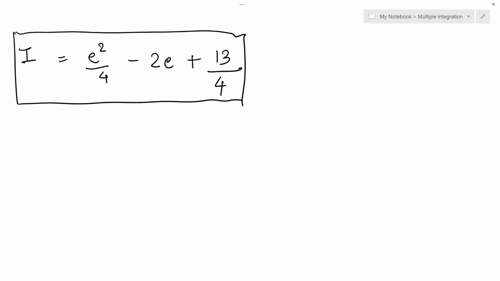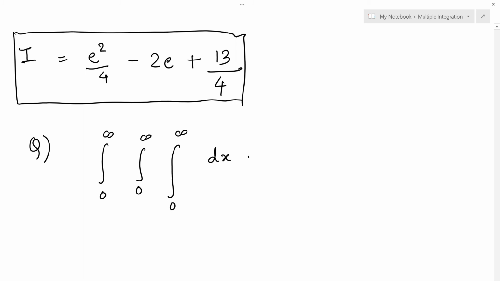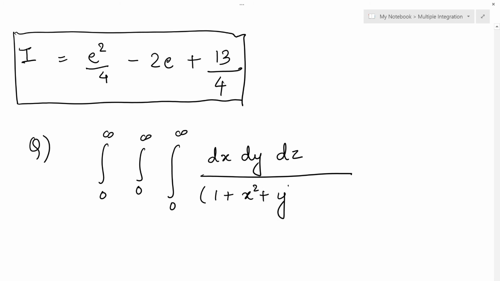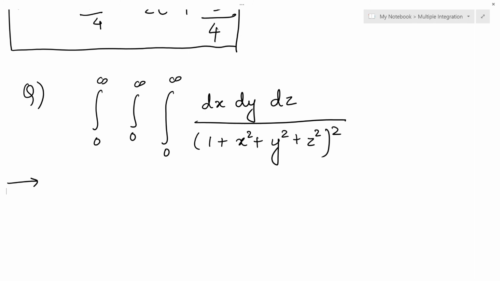Okay, the sum was a bit lengthy because 3 times I had to use integration by parts. Now let us take the sum where we have to use polar coordinates. The limits are given to you, 0 to infinity, 0 to infinity, 0 to infinity, dx dy dz over 1 plus x square plus y square plus z square, the whole square. If you look at the sum properly, it is difficult to integrate in the Cartesian form, which is really impossible. So now you have to convert this into polar.